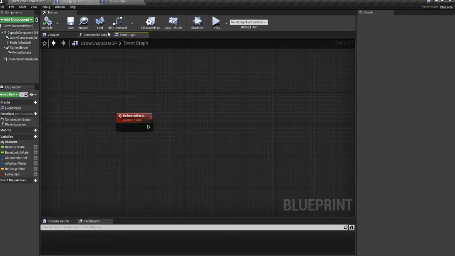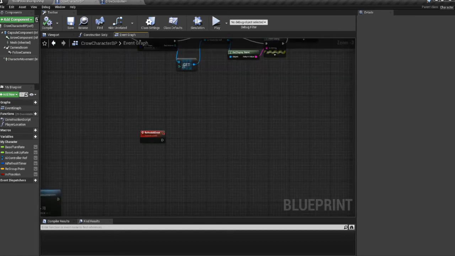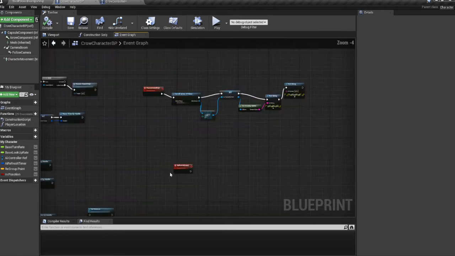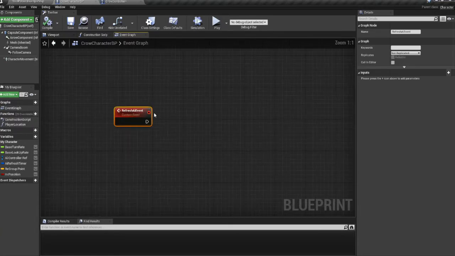We do not need that function anymore, because that's all we need. Yeah, we can call for it and do that, but I don't know. I feel at least it's saving sometimes, right? So we're going to refresh AI event, okay,